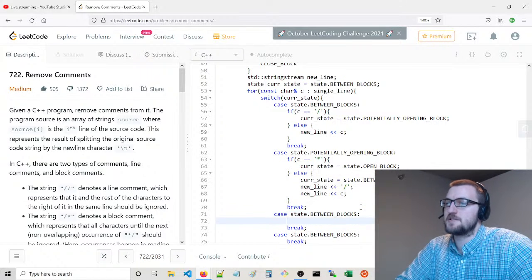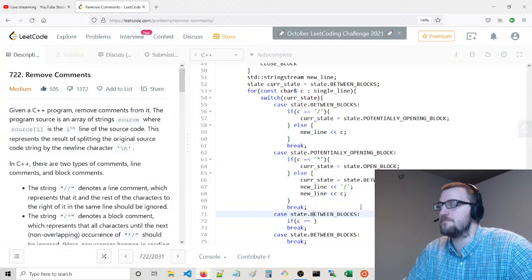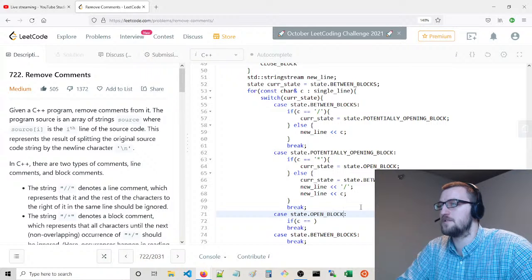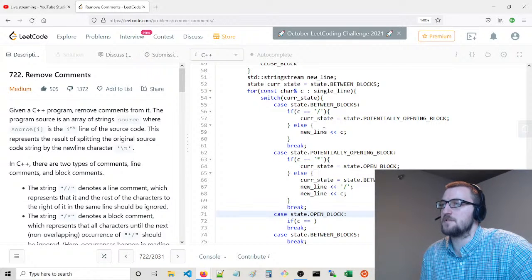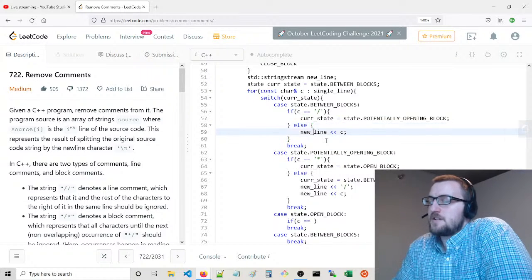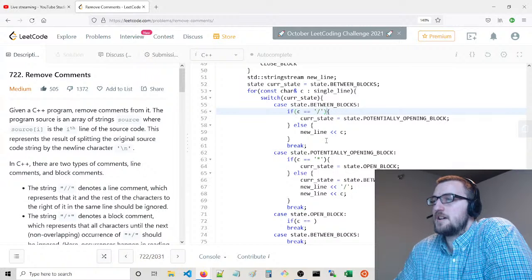If you're in the between block state, then you say if C is, excuse me, if they're in the open block state. So we already know between blocks, basically we just push every character. Something tricky here, you have to be careful about the state at the end.